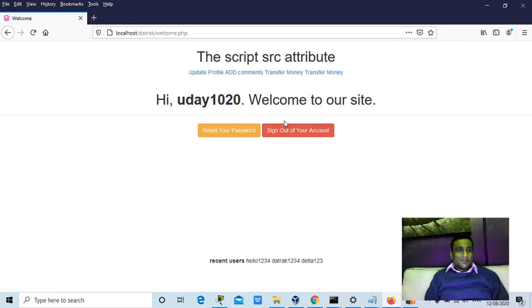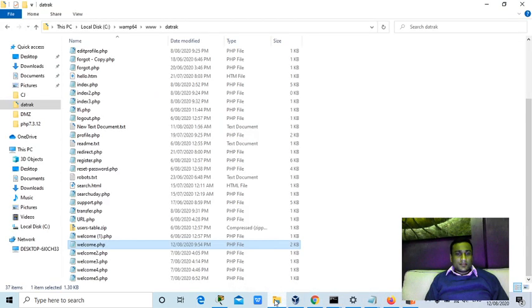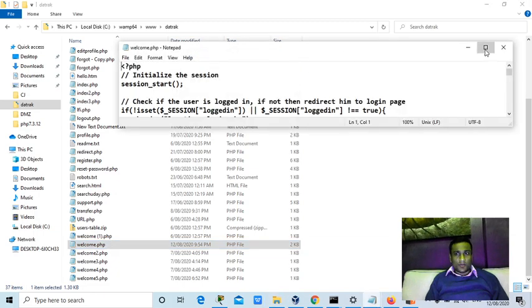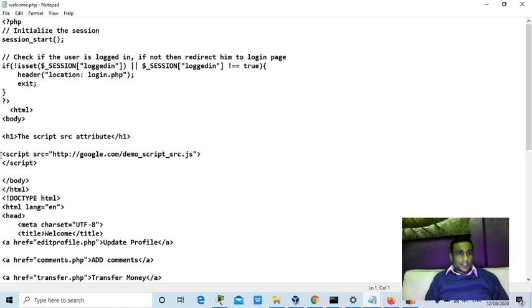Very simple. Browse all the pages in the application, internal pages and external pages, and look for a piece of code like this particular line, src equal to some other third-party domain. If you have a website for testing, this should be some different name, and it should contain some JavaScript code. If this particular domain is dead and not reachable, then the hacker will try to register it. That's one way, guys.